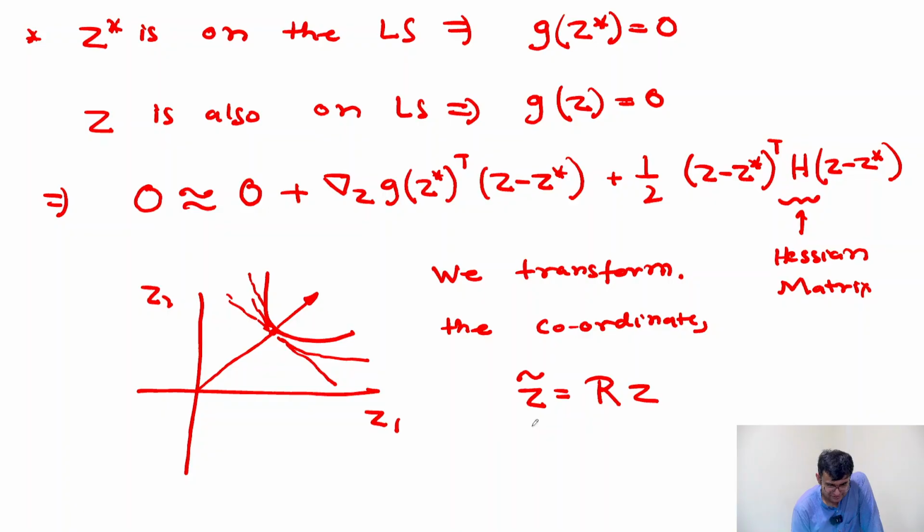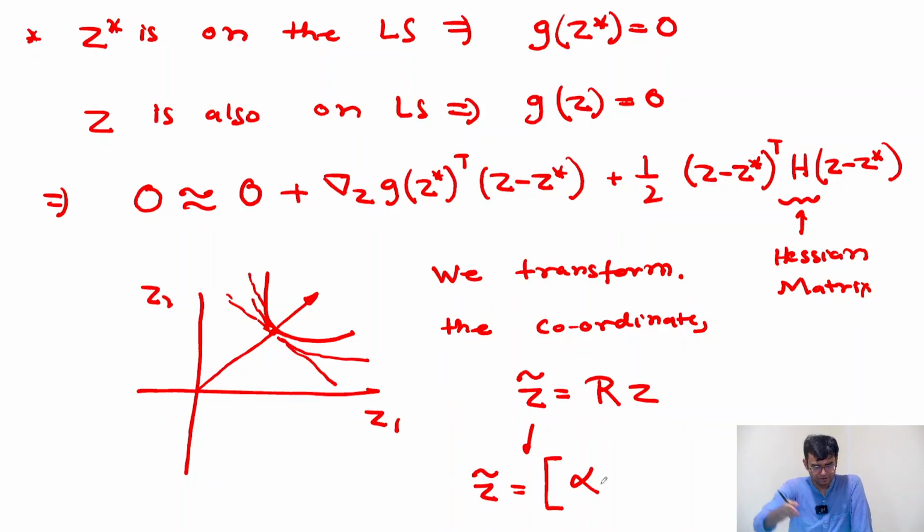Where this Z star that you are saying, how will it look? What is the first component of this Z star? I just told you. How am I transforming it? Along the alpha. So what is the first component? What is the unit normal? What is Z1 tilde? Alpha. Alpha is the unit vector. I am asking about the unit vector. So in this direction, the unit vector is alpha, one of the basis vectors, and the other is something orthogonal to that,